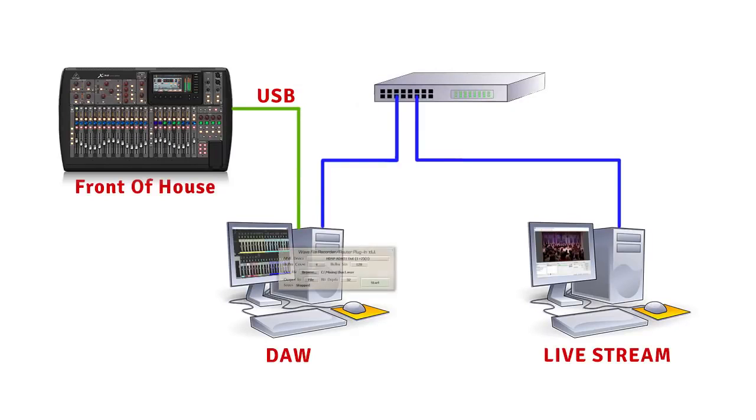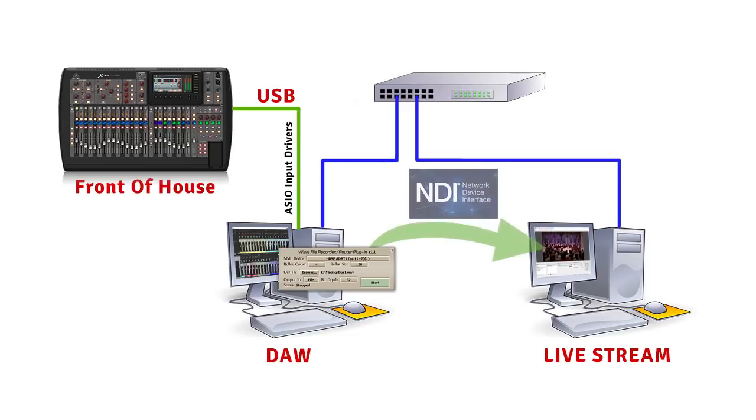So let's step back and take a big picture look at what I'm going to show you, and then we'll dive into how to set this up step by step. We're going to use the Voxengo Recorder plugin to route the mixed audio out from your DAW to a different audio interface. That means you can still use the ASIO low latency drivers that come with your device for your input channels. Then we're going to use NDI to send that audio over a network to your live streaming computer